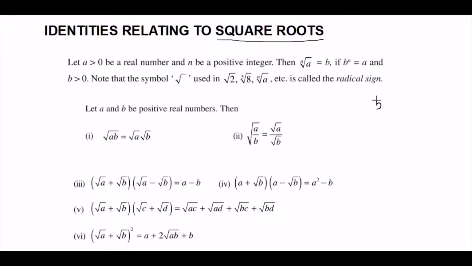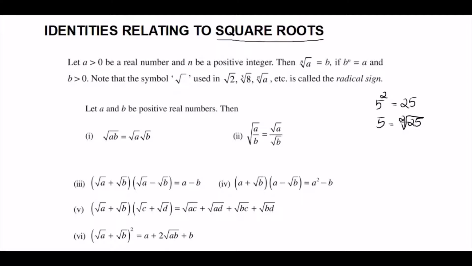That is, if you take any positive number b, suppose I take b as 5, then 5 raised to n, where n is a positive integer. Let's take n as 2. So 5 square is 25. That is a. So you get 5 square is equal to 25. Now, if b raised to n is equal to a, then you can write b as the nth root of a. Here you can write 5 as the nth root of a. Here we have taken n as 2, that means square root of 25. 5 can be written as square root of 25.